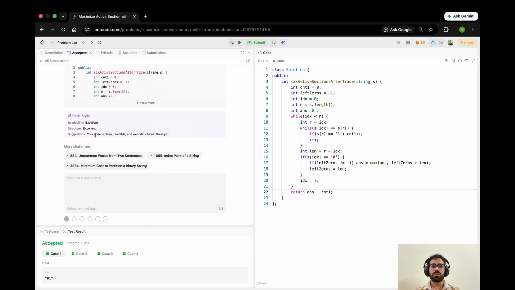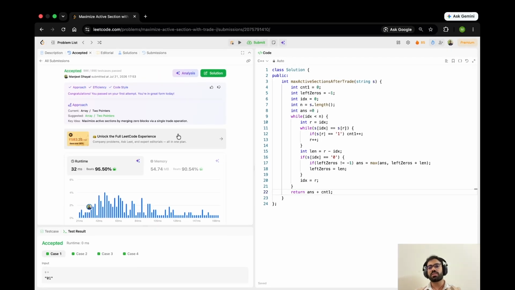You see, code is clean, readable, great job, always a great job. Yeah, thank